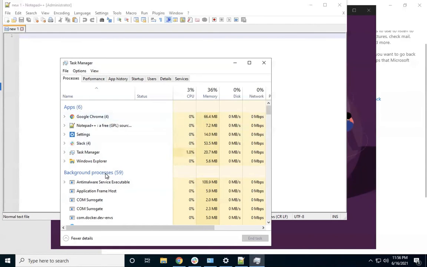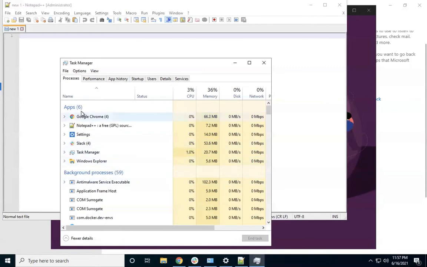I don't want to spend too much time at this point on background process. As you start using your computer, you might have to be a bit cautious about background processes running when you install software. If the software usage is not too much, you have to be very careful. Background processes will keep on piling up as you install software without too much focus on what will happen when you install it. That being said, for now, don't worry too much about background process.